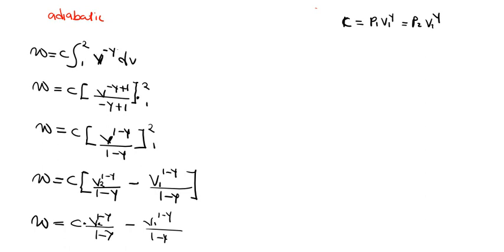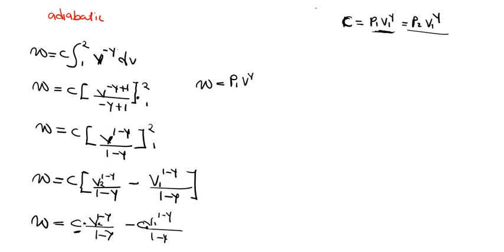So this C is also supposed to be there because I've distributed it inside. Since this one has V2, I'll have two C's: the first C gets this one, the second C gets this one. So there I go. Work is equal to, and this C that I have there I will substitute with P1 V1, so C is equal to P1 V1